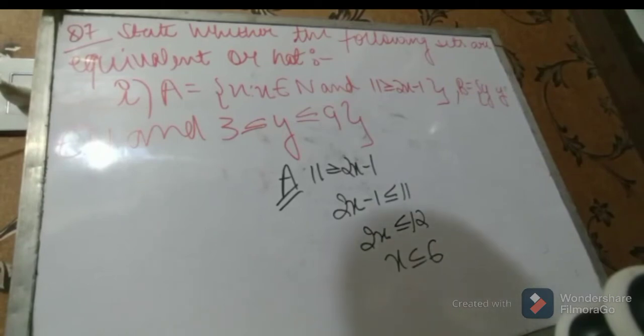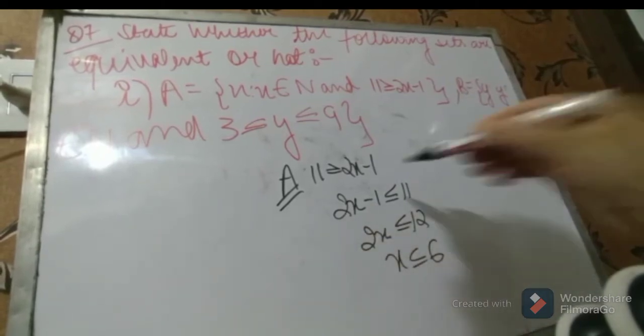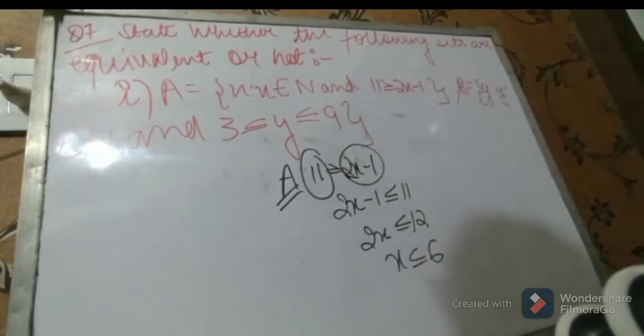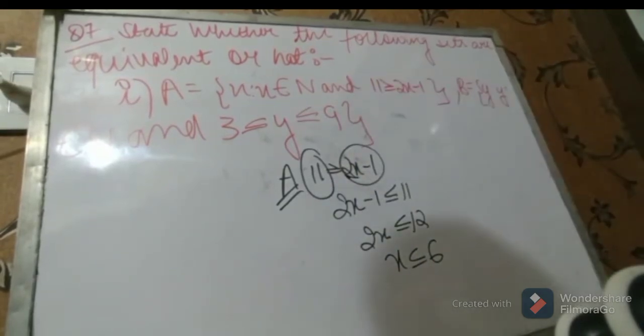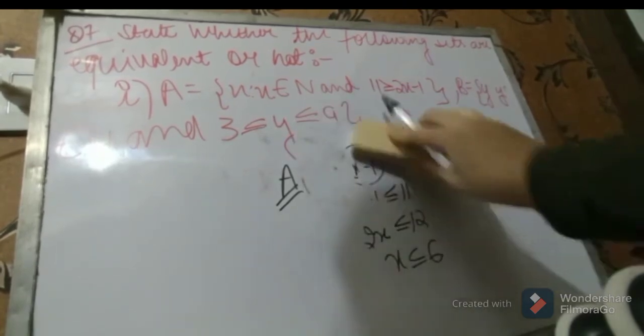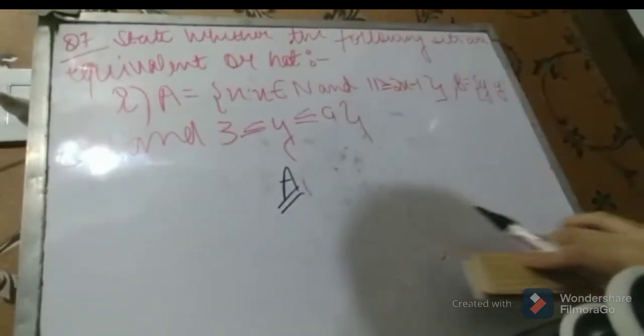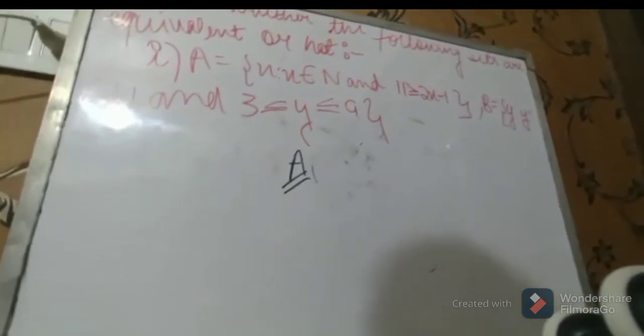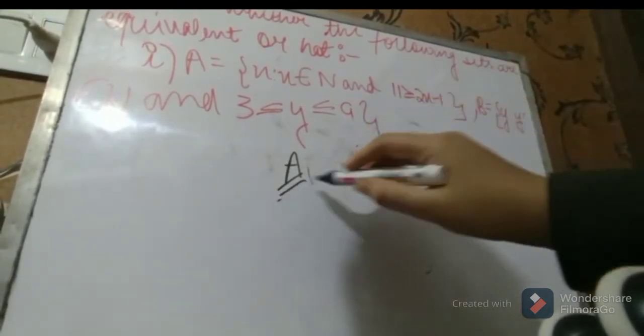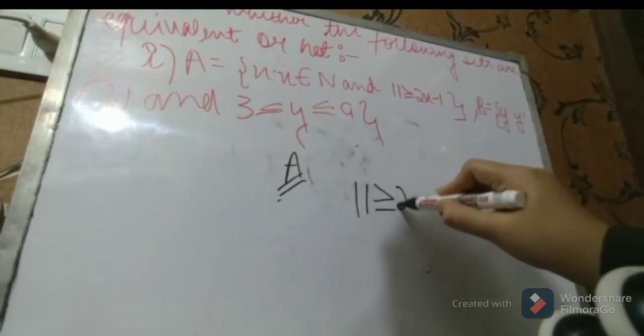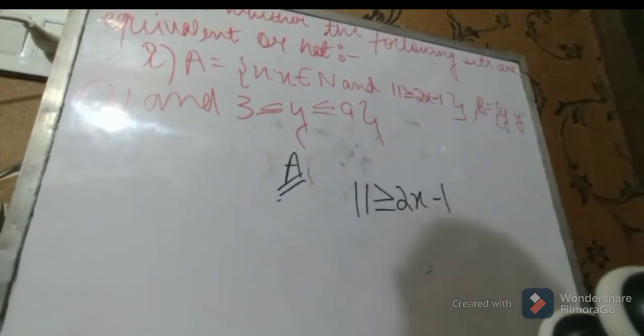Is it correct? No. See, this is a common mistake that many students make. It's on this side and it's on this side. So what they do is they change the sides, but they don't change the signs. That's very, very important for you all to understand, that this is a blunder mistake made by many students. That's why I deliberately make some mistakes so that I can explain them to you. And in fact I also tell you about those mistakes, right? So now 11, wait, and 2x minus 1.